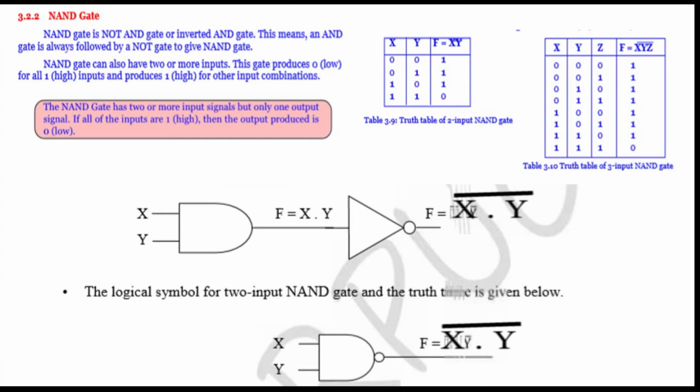That is the opposite of X into Y. So you can see, and here the NOT bubble we will add with the AND and we will take the NAND gate symbol. And you can see 0 into 0 into 0 is 0. 0 into 0 into 1 is 1? But we will get the result as the opposite of AND. That is, multiplication of 0 into 0 into 1 is 0, but the complement of that result is 1. So we will get all these as 1. But 1 into 1 into 1 is 1, but the complementation of that result is 0.